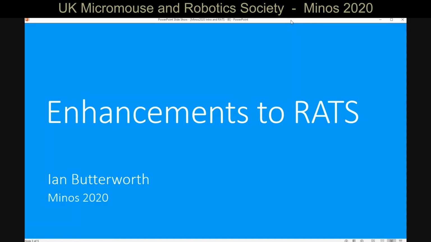I've got two things really briefly to cover today. One is some enhancements to RATS, which is the timing supervisor, which you've seen before, and we've made some changes to. And the other one is to talk about the line follower board for UKMARS bot. So looking at RATS,